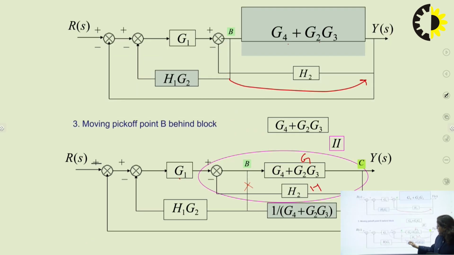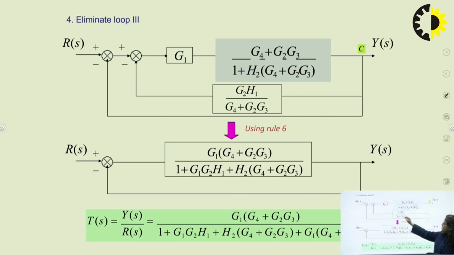And in this way, we cancelled out this, and the overall feedback path becomes H1 into G2 upon G4 plus G3. So this will be the feedback function. And once we solve this feedback function with respect to this, it becomes a feedback path where G1 multiplied by this whole function is G and H is this one.